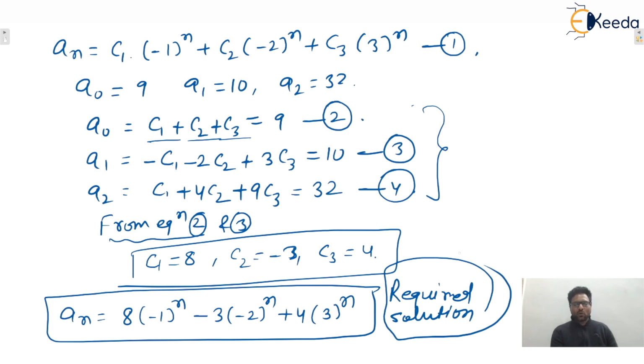So we saw how to solve homogeneous LRCC in this particular lecture. In the next lecture we'll see how to solve inhomogeneous LRCC. I hope this is a simple procedure and clear to everyone. A predefined procedure is there. Just apply the steps. First write down the characteristic equation, then find the roots, and according to the roots write down the general solution. Then with the help of initial conditions, find the values of the constants, and finally put these constants back into the general solution. That will be the answer.